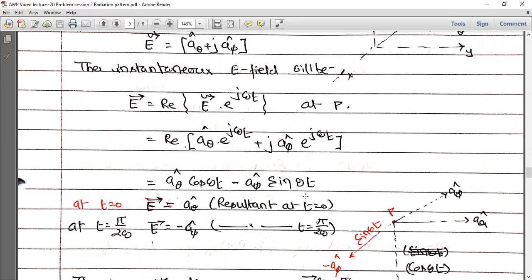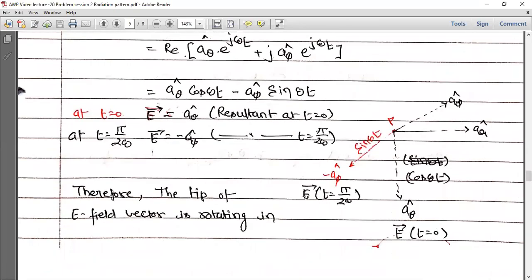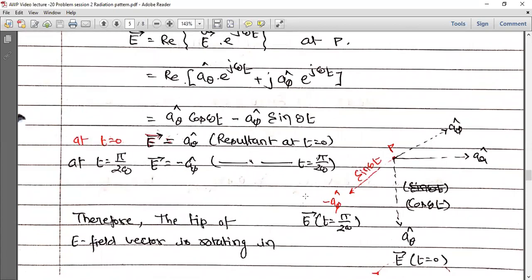Okay. So now our objective is to understand what is going on, when you look in the direction of wave propagation, how the electric field intensity rotation is going on. So first of all, we try to plot it. So this is the direction of AR cap. This origin is somewhere here, and in this particular direction, the wave is propagating along AR cap. This is the a theta cap direction, and this is the a phi cap direction. This is the usual spherical coordinate convention, and opposite to a phi cap is minus a phi cap.